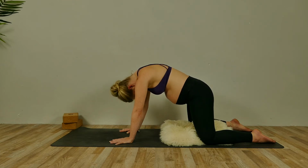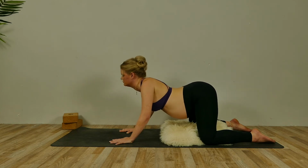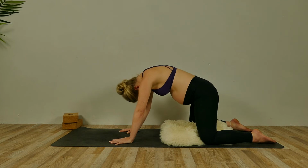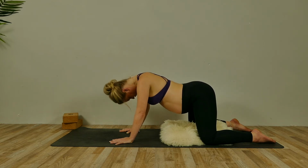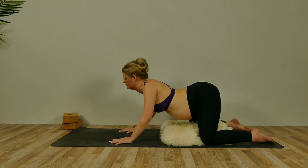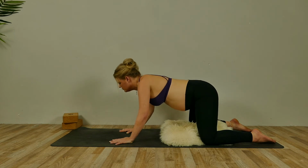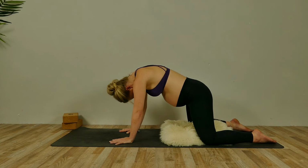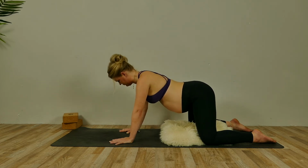Try focusing on relaxing the belly. I know this can be tricky. No worries if you can't fully relax. Just try and gain some body awareness here. Slowly finalize, and then bring your right foot out to the side,